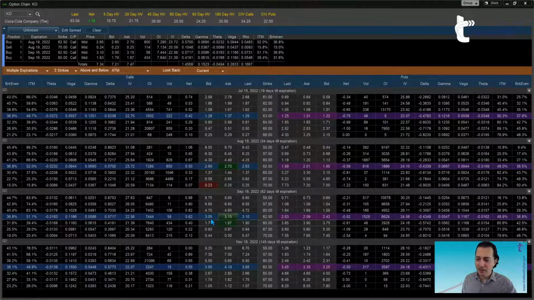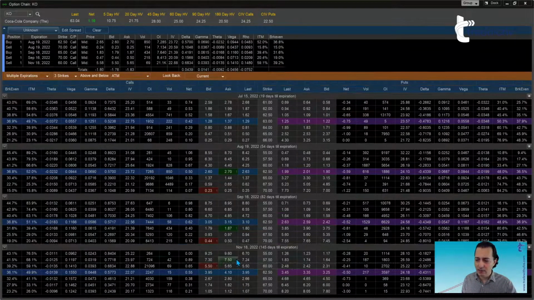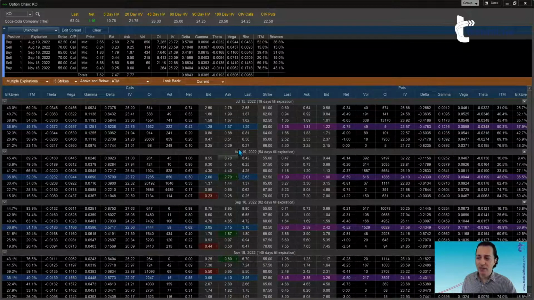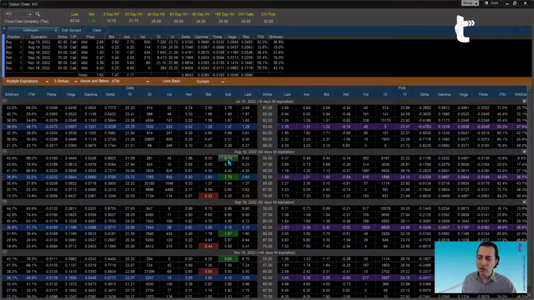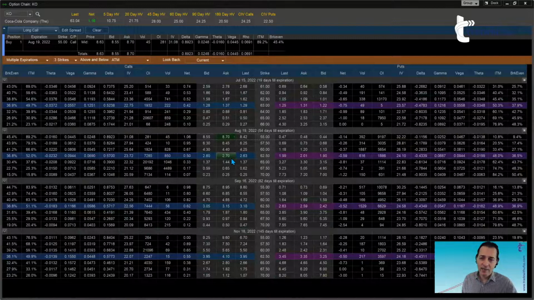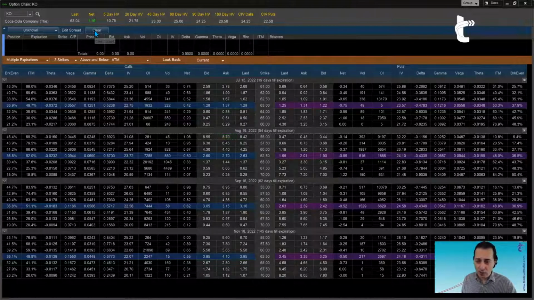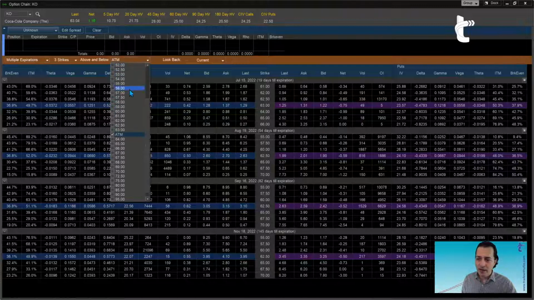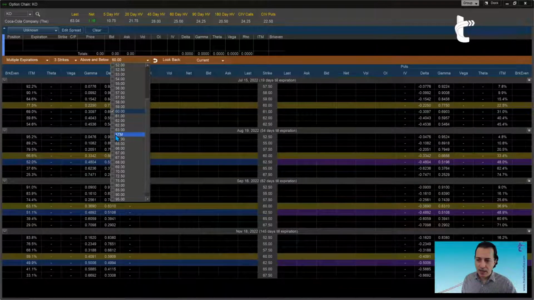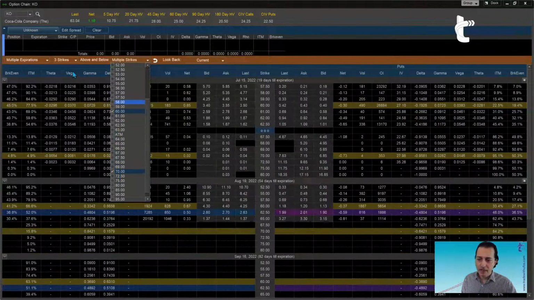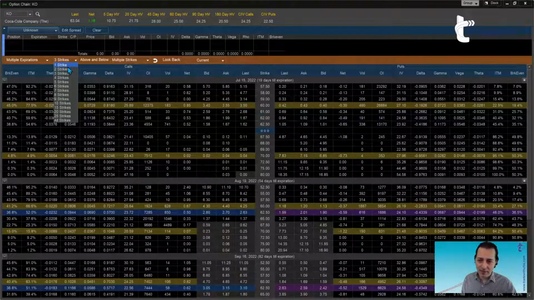So if I have plenty of strikes, I'm just making this up, so I got plenty of strikes, and now I'm like, oh, that was a mess. I want to start again with the 55 call. So I put my mouse here on the 55 call, but now instead of just clicking, I control click 1, 2, 3. Everything is gone, and the only thing I have is the 55 call. Okay, so again, it's very fast, very quick for you to get exactly what you want. Okay, maybe you care about the 60 and the 70 strike, and you only want to see one strike above and below that.